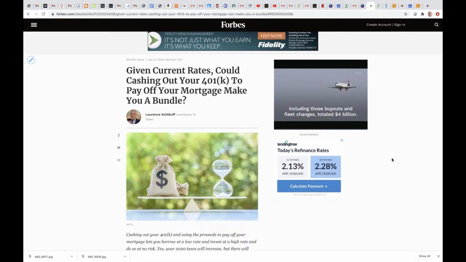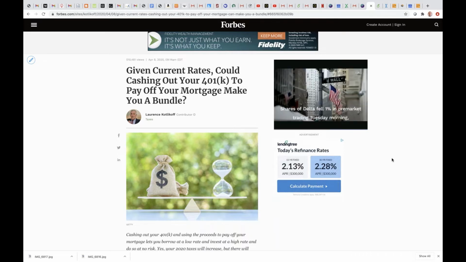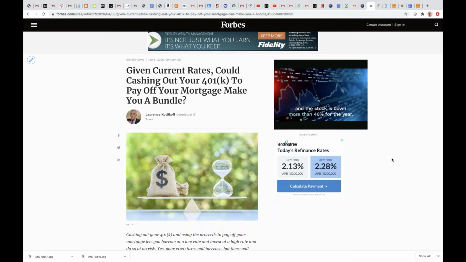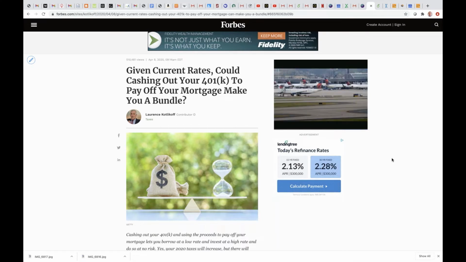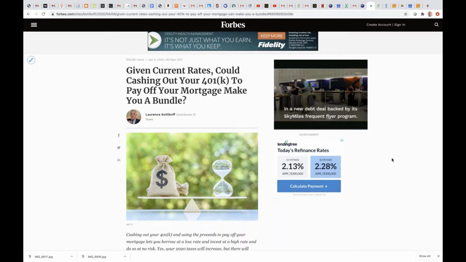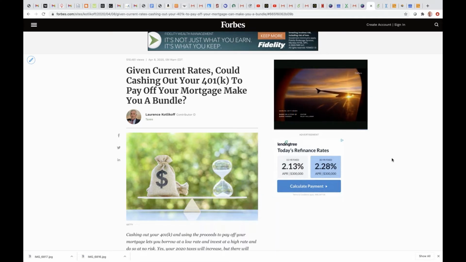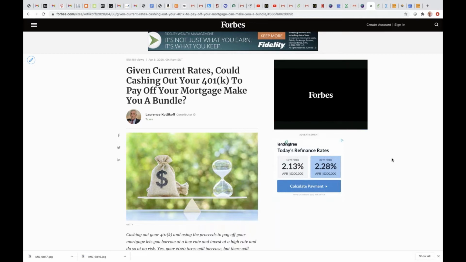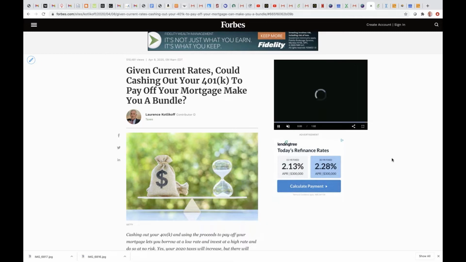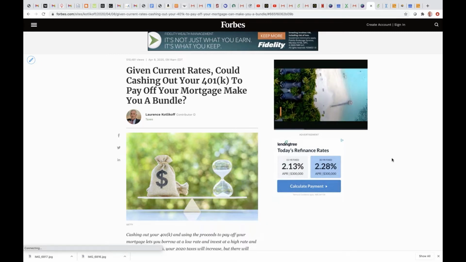The only advantage to 401ks right now, or to IRAs and 401ks, tax deferred accounts, is being able to put your money in, take a deduction when you're in a high tax bracket, and then take withdrawals when you're in a low tax bracket. So there's this kind of averaging across brackets advantage to contributing to those retirement accounts. But if somebody's lost their job or if they're already retired, then they're going to be in a relatively low tax bracket now. And this is then the time to consider doing this. So let me go to the next question, Alex.